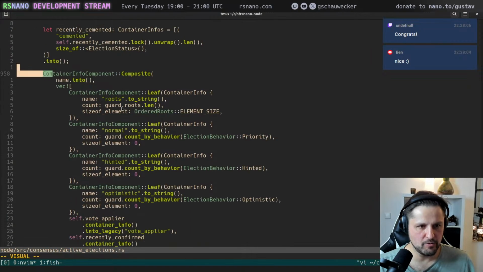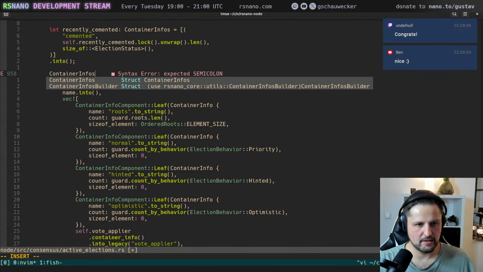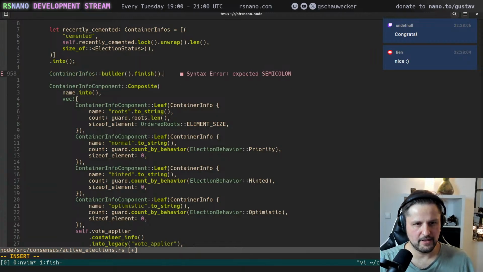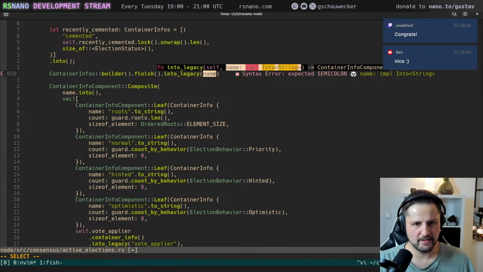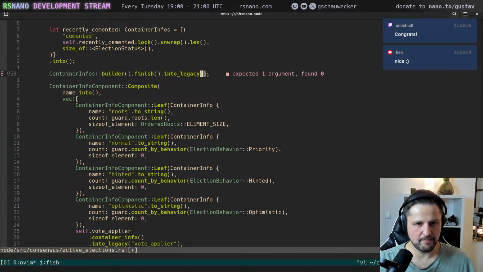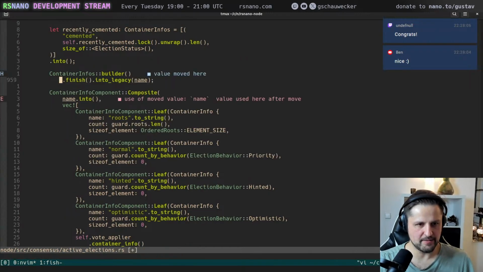So now the next step is to move this into the new format, and the new format is container infos, builder, finish, and then we convert it into legacy, and the legacy has the name. And now we just have to add all of those items in here.